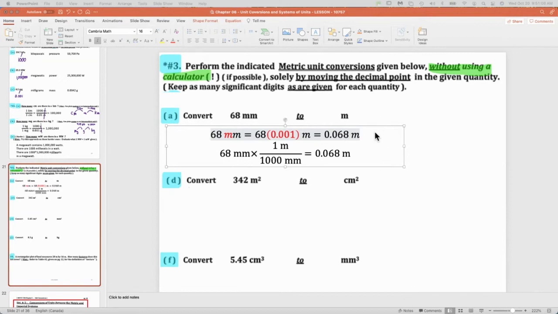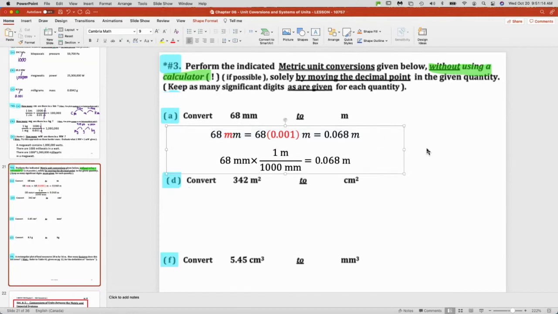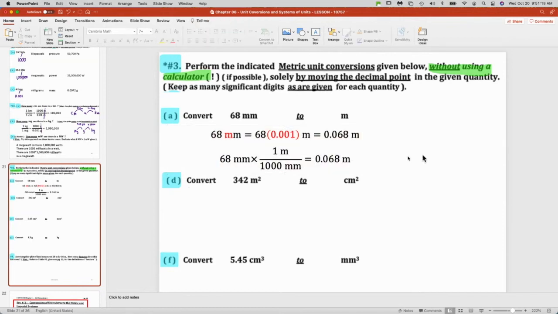Okay, so why would I go through all of this suffering with you to do it 2 ways when the first way clearly is faster? So for those of you that are like, this second way is not necessary, I agree with you. For this question, you don't need it. Absolutely don't need it. But it's very helpful in the next question because now things are squared and you're not,